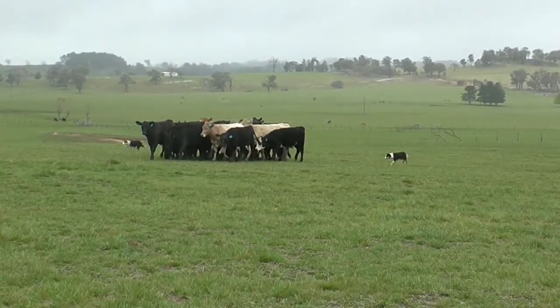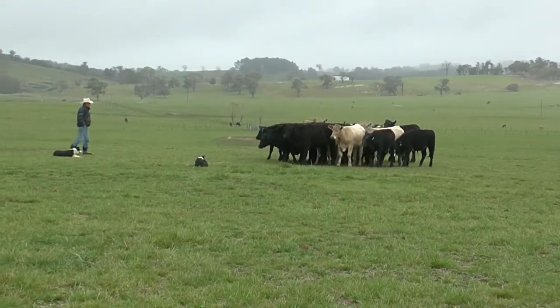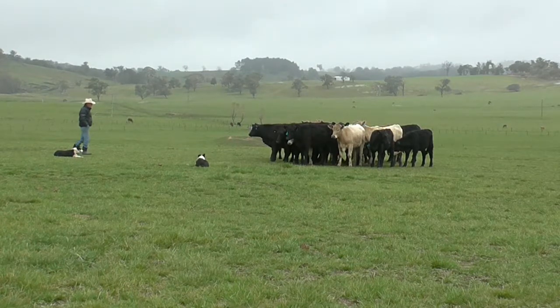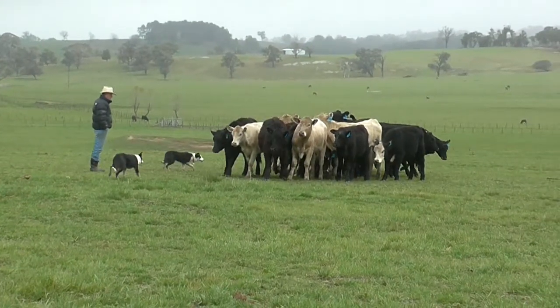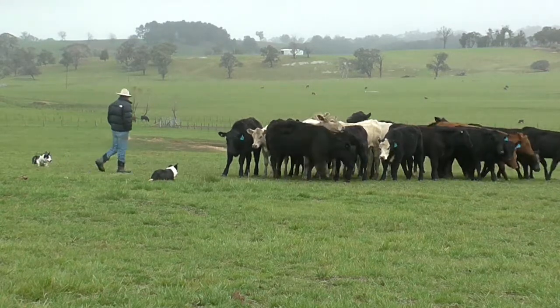So I'll let them have the stock a little, and then I'll just move them around and let them know that just because I move them, that's not the end of their work either. And make sure that sometimes you can move around and they're not in a big old rush. It's important that you can kind of drive your cattle as well as send your dog around and head them